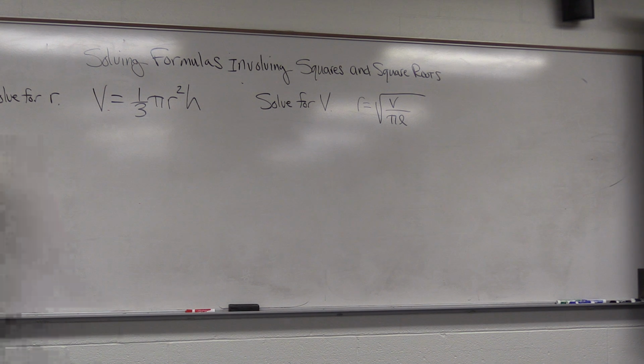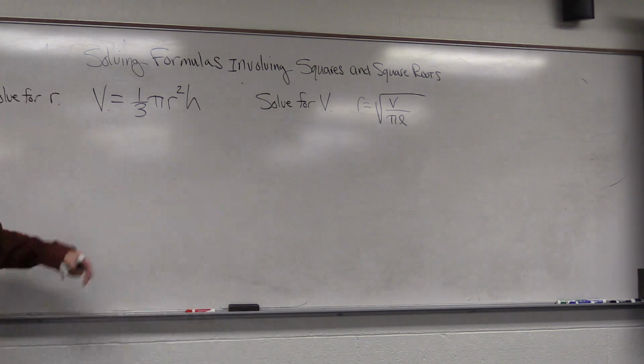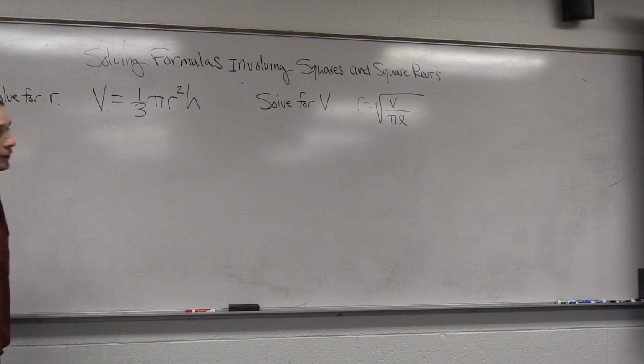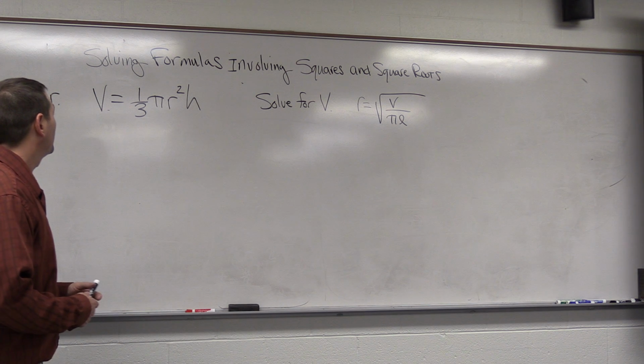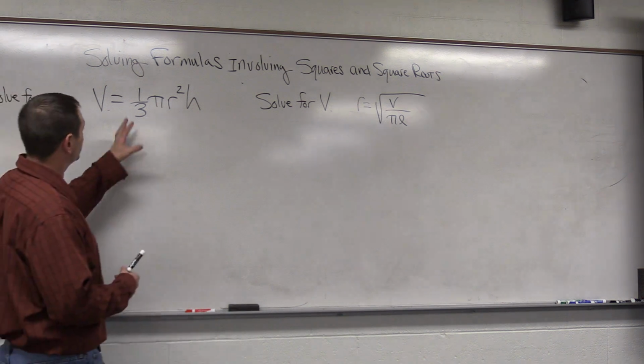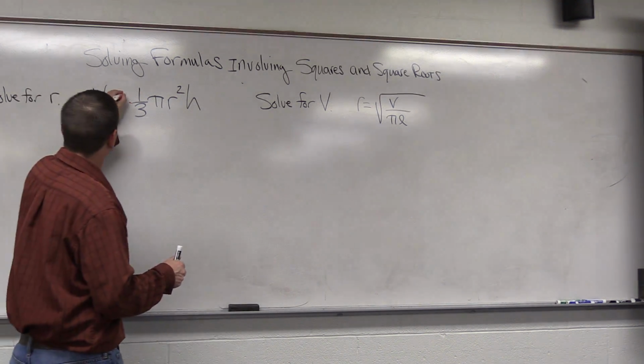Now we're going to look at solving formulas involving squares and square roots. If I have a formula like this, volume is equal to 1/3 pi r squared h, and I wanted to solve for, say, the variable r, or the radius, I would need to get rid of everything else. So first step I think I would do in a problem like this, I want to get rid of that